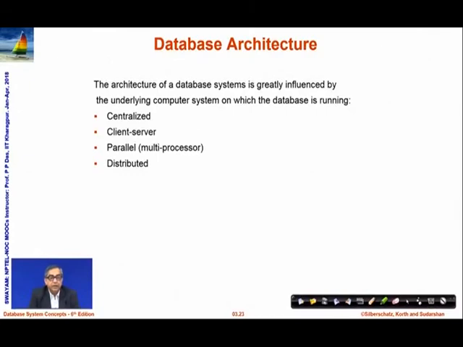Centralized in the sense that there could be one database server, or a group of database servers at some physical location connected together, to which all applications and all users will connect. It could be a client server model, which is a very typical model that programming systems have. For example, any of the internet based database applications we are looking at are necessarily client server in nature. What you are doing in the browser is a client, and there is a server far back there, with multiple tiers in between them.